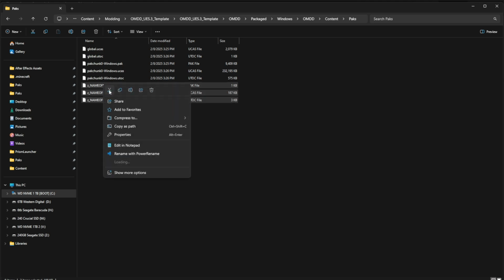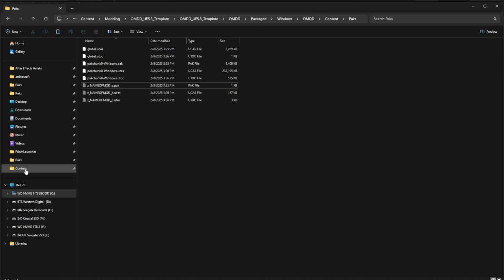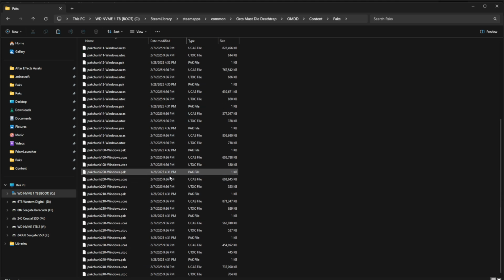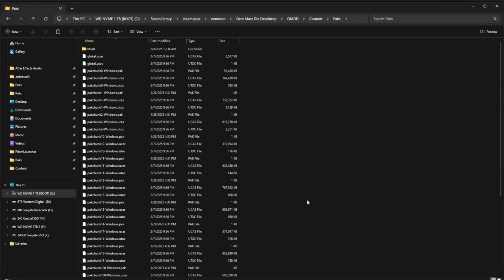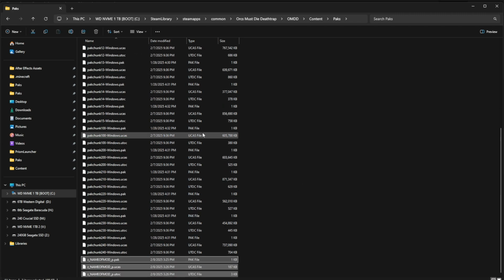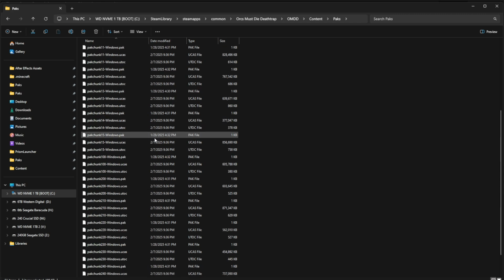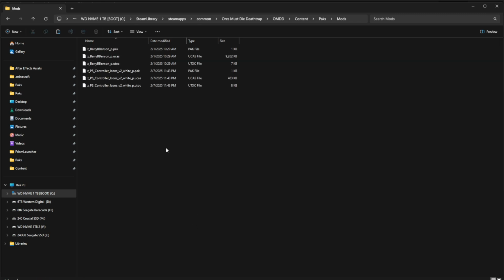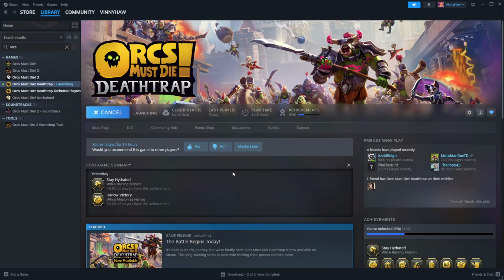So I'm gonna take all 3 of these, I'm gonna cut them, and I'm going back to the packs folder. Remember this from earlier? That says all the packs from the whole game. Go ahead and right click and make a mods folder. Now you can put your mods in here if you want to, but then it's going to be busy. So I like to take the files and just put them in the mods folder. I'm going to paste them in here. Now we can test the mod out. So if I launch the game,